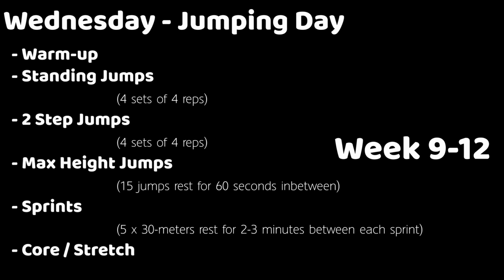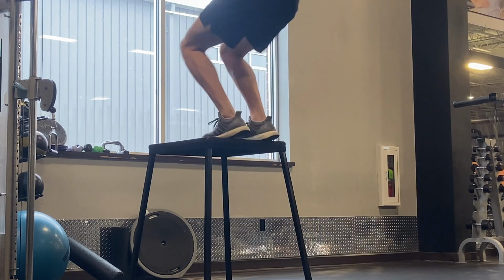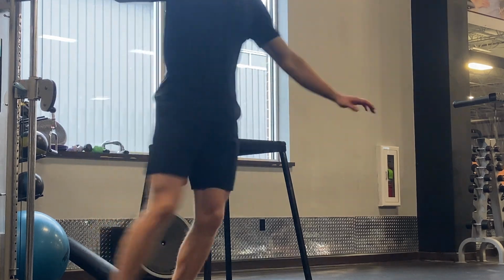And for these plyometrics and your heavy sets for leg days, like power cleans and squats, you're going to want to take your time for all of them. Vertical jump is a one-time movement. It's not about endurance, so you want to make sure that you're rested so you can perform each rep with